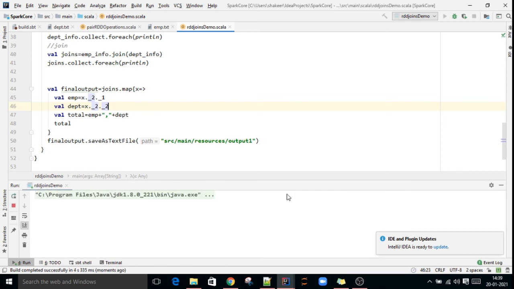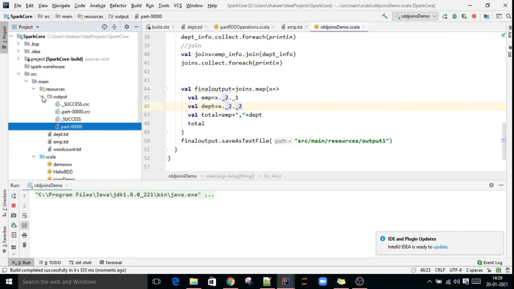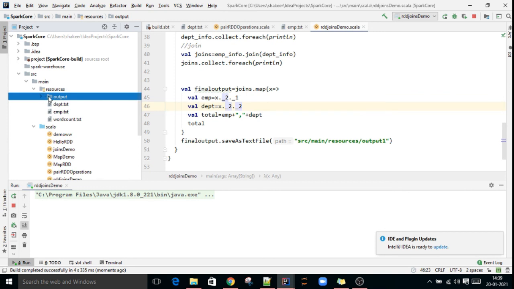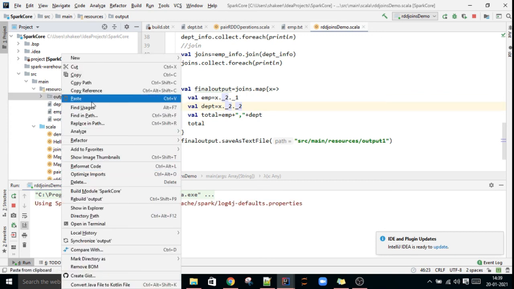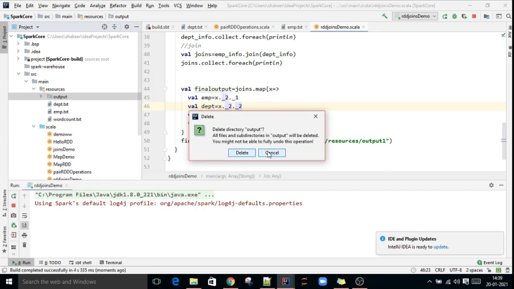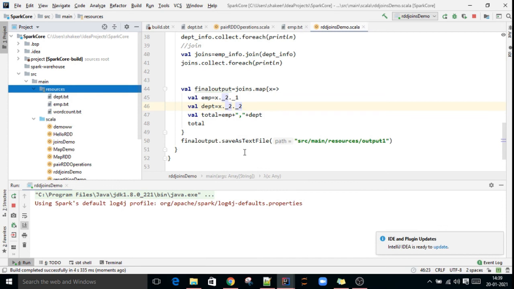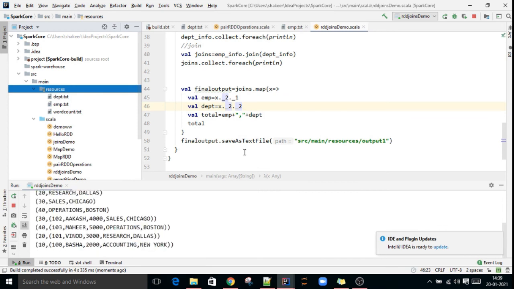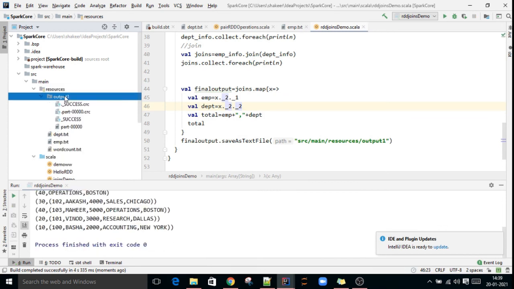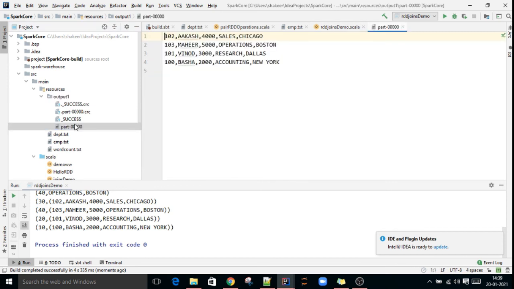So I give output 1. So output 1 is generated. If you see, employee number, ename, salary, department number, Chicago.